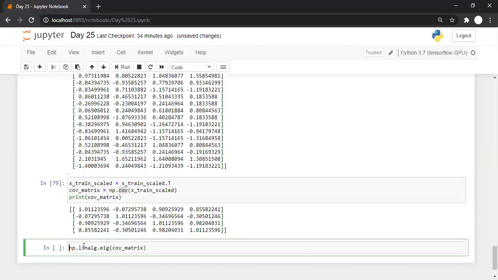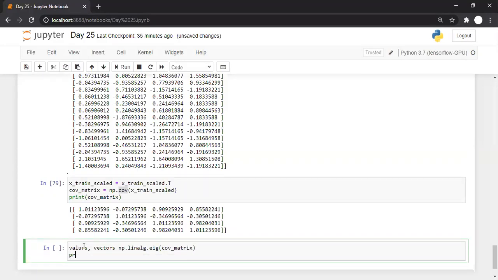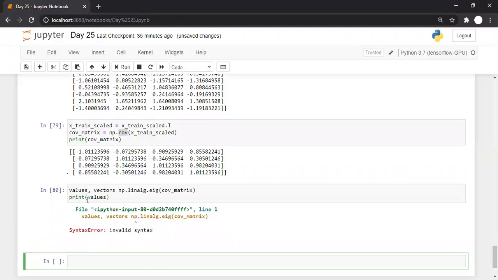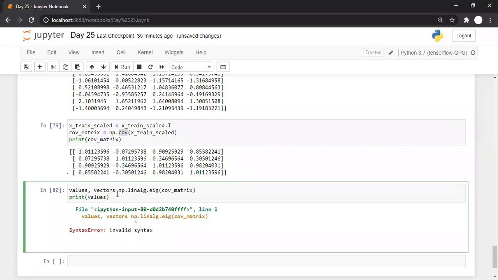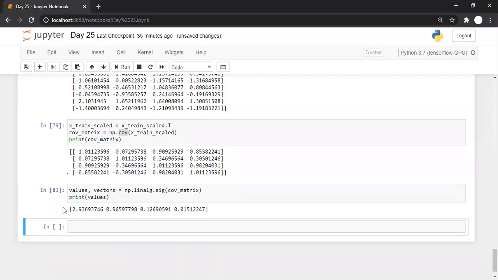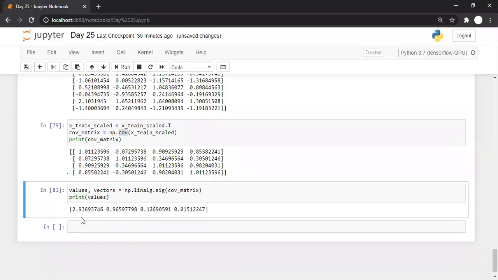It will return two things, eigenvalues along with eigenvectors. If we want the eigenvalues, we can simply print them. Did something wrong? I forgot an equal sign one more time. So these are the eigenvalues: the first, second, third, and fourth eigenvalue, or we can say the zeroth, first, second, and third eigenvalue.